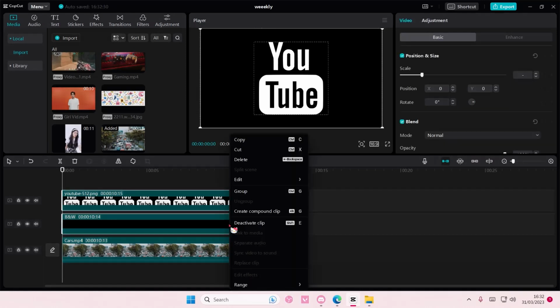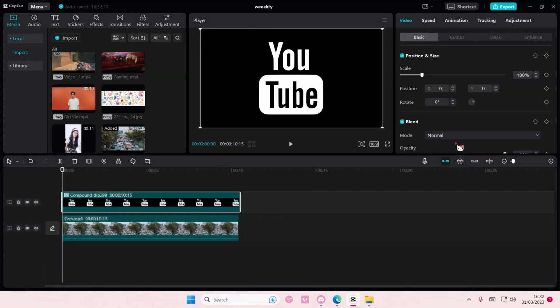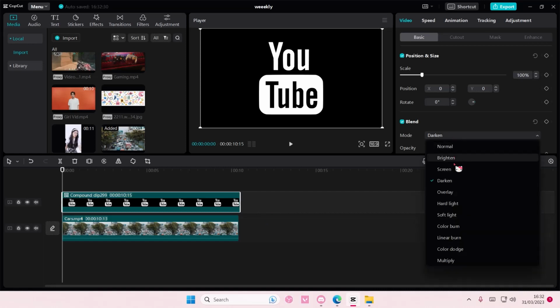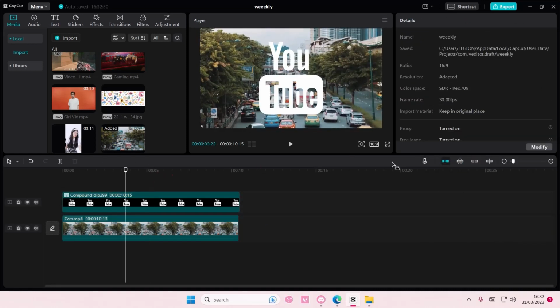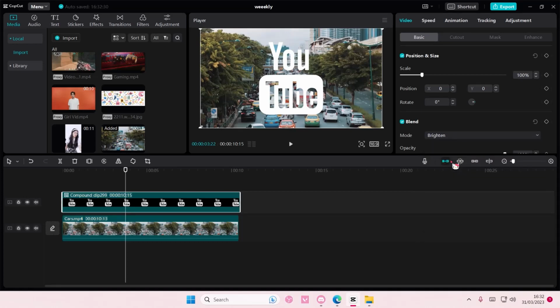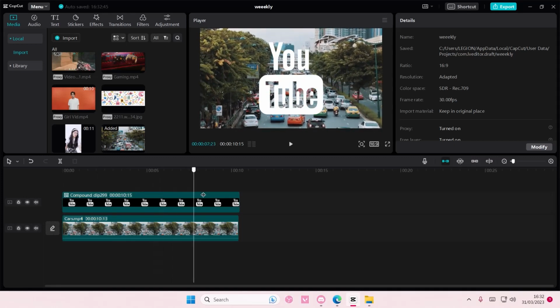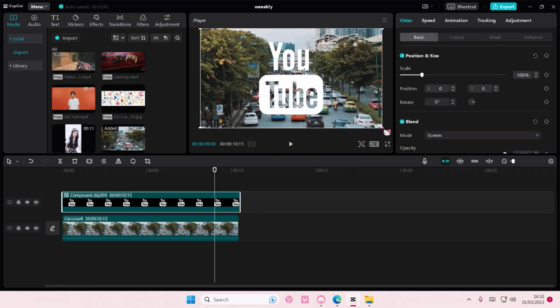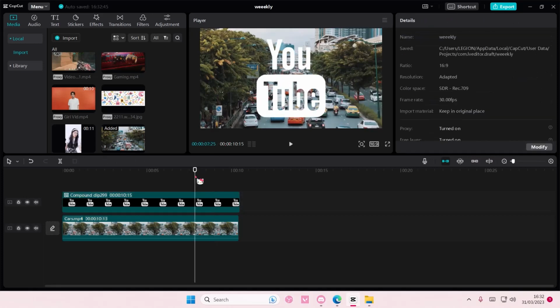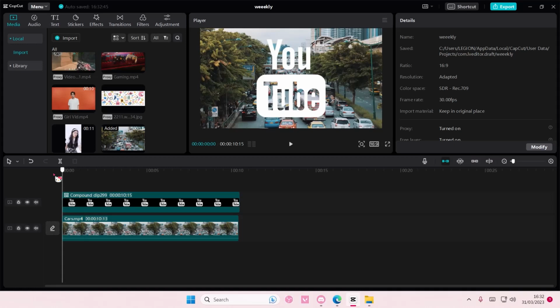Select these two, right click, and then select create compound clip, go to blend mode and choose the screen or the brighten effect. Totally up to you. It doesn't really show much difference. And as you can see, there is a video like inside of this part of the logo,